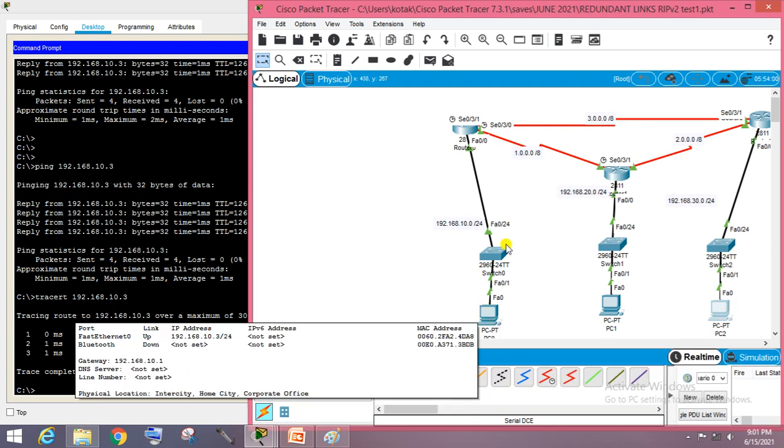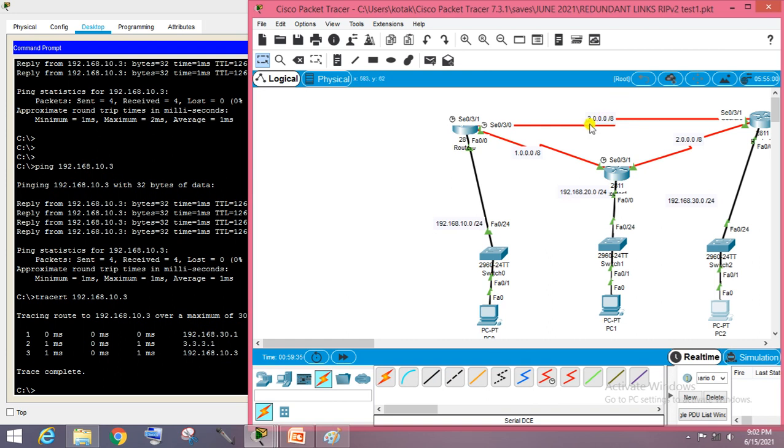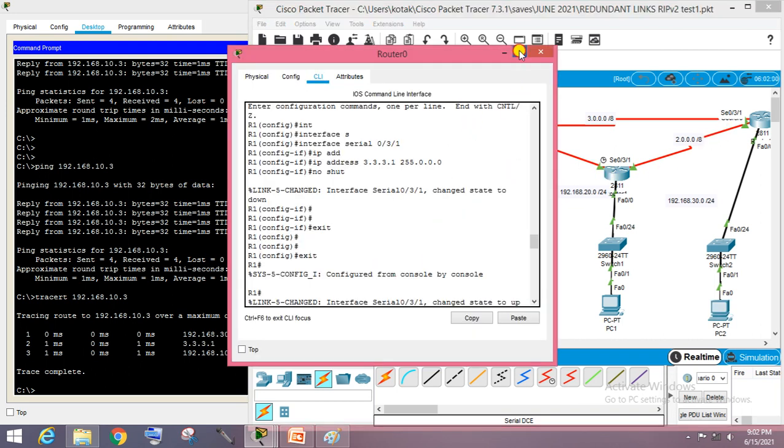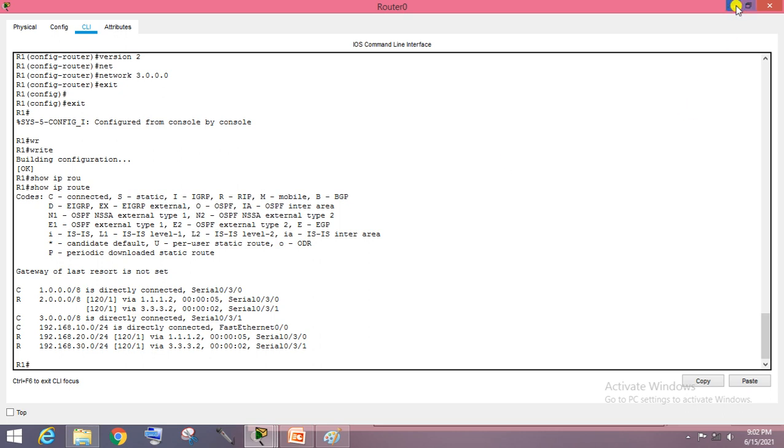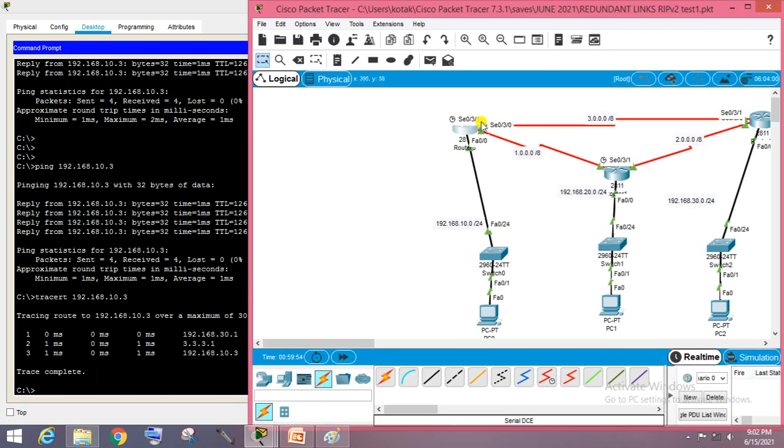Now, after doing the changes, just shut this link and we have to check whether this path is working or not. Okay, let's do this one. What is the port number? It is S0/3/1. Suppose this link becomes down.